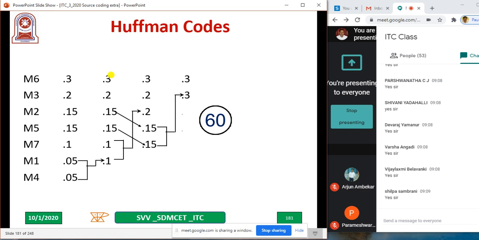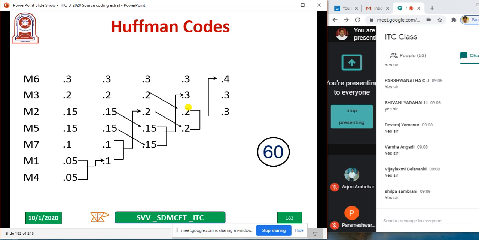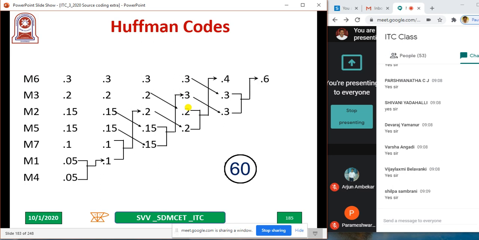And there is no rule that you can take, we'll see in another problem. Can I take top, sir? We'll see that. Is there any change or not? That we'll observe later. And 0.2, 0.2, again I'll add 0.2, 0.2. It will become 0.4. Again arrange them in the descending order. Add 0.3, 0.3. It will become 0.6. Arrange them in the descending order. Next you have 0.4, 0.6. No need to add, it will become 1.